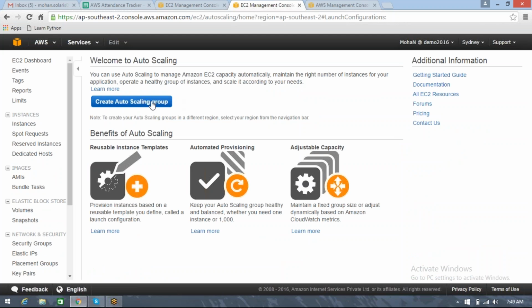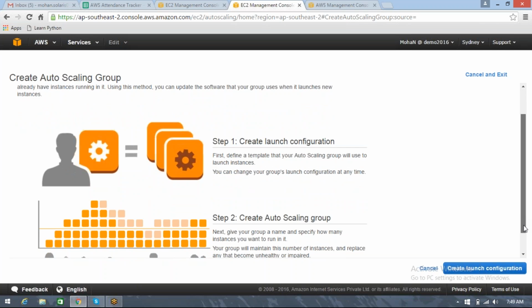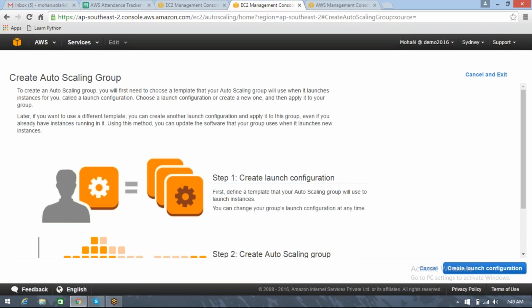So create auto-scaling group. When you go to create auto-scaling, first you see the steps are given here. Create launch configuration, then create auto-scaling group. Okay, so these are the two steps, one after the other. It will be automatically routing us from one to the other. And this